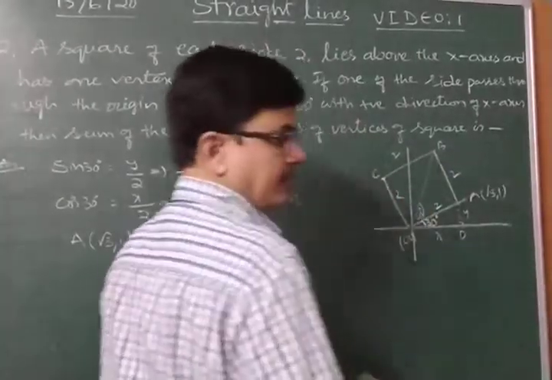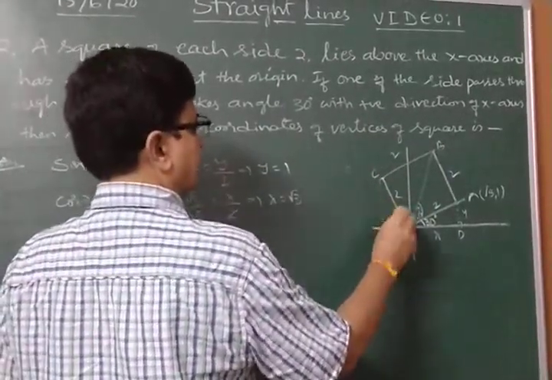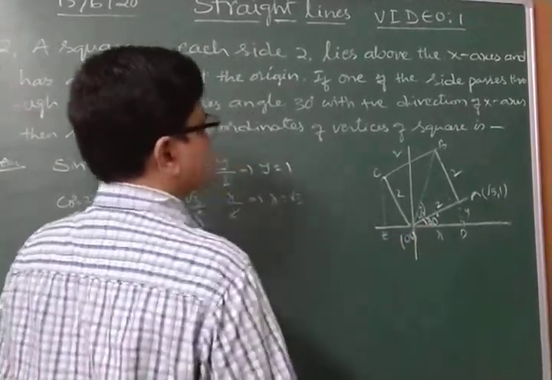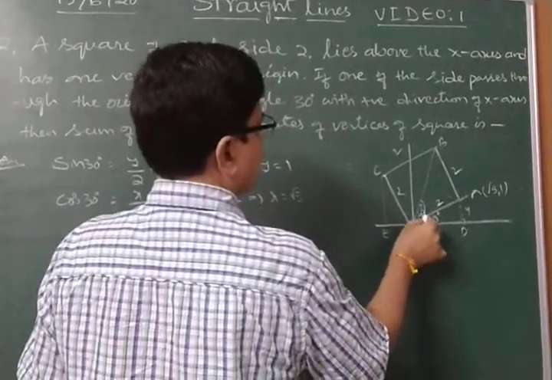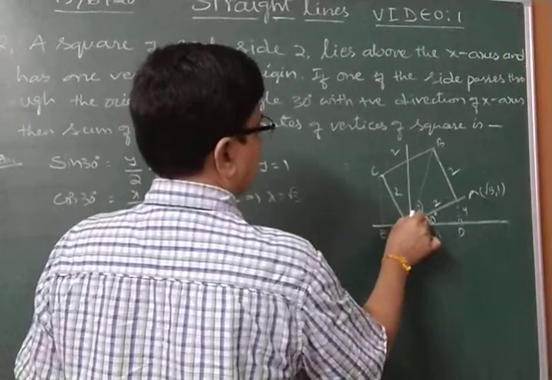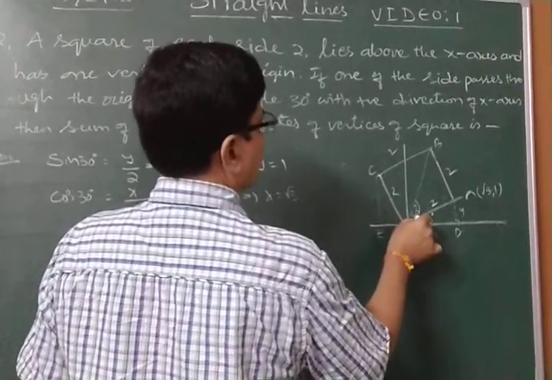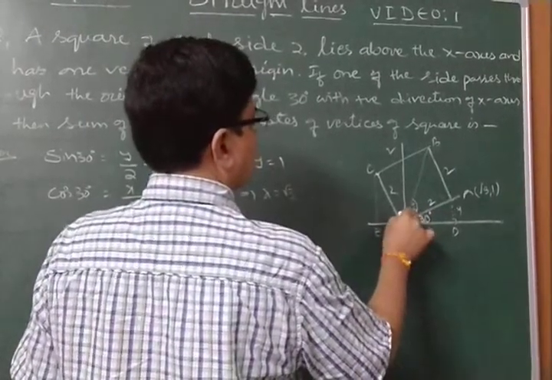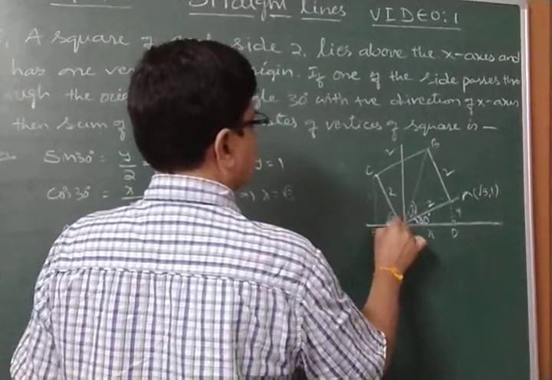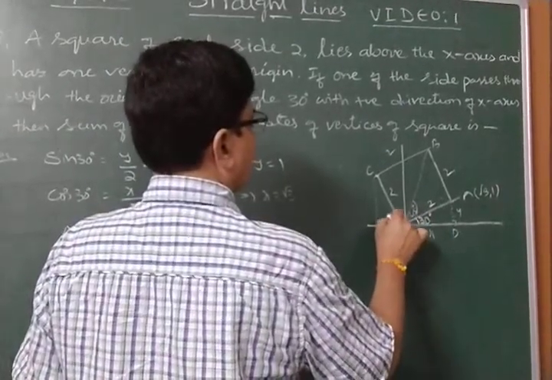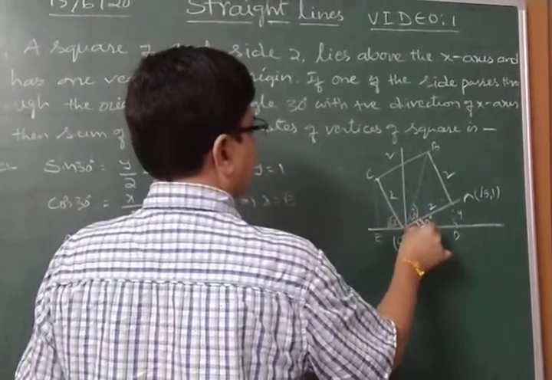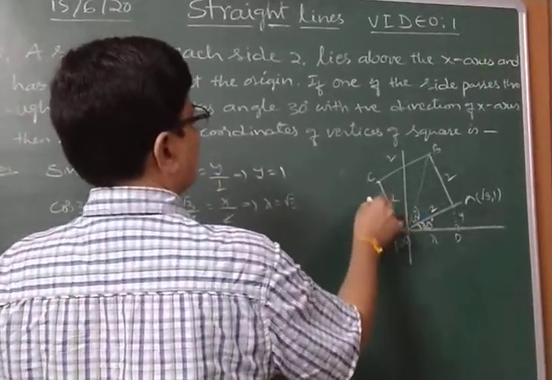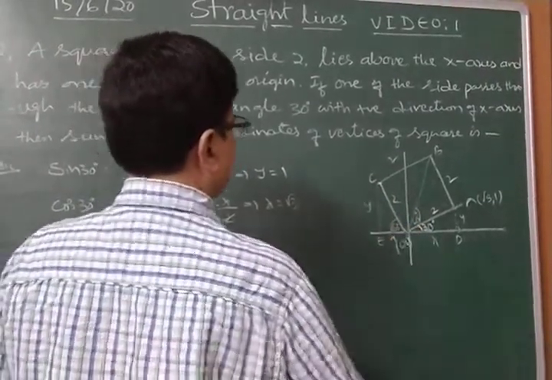Here also we take a perpendicular from C to the x-axis, that is, we take it as E. Now, this is 30 degrees, this is 45, this is 90. The angle between the adjacent sides is 90 degrees. 90 plus 30 is 120. Since the complete angle is 180 degrees, 180 minus 120 is 60 degrees. From this diagram also we know that this is the y-axis, this is the x-axis.